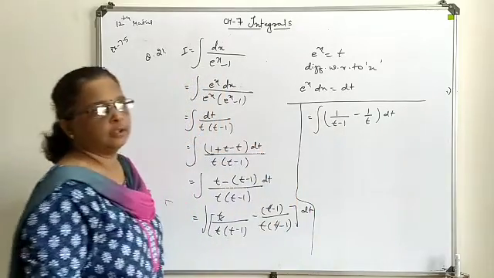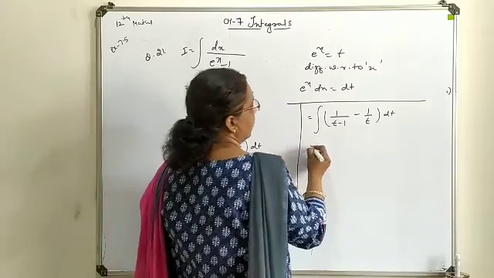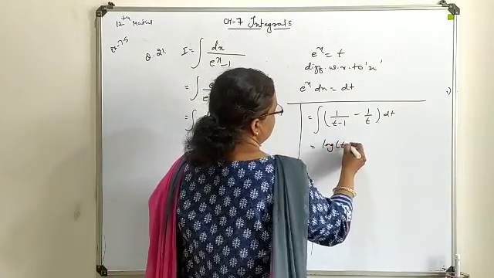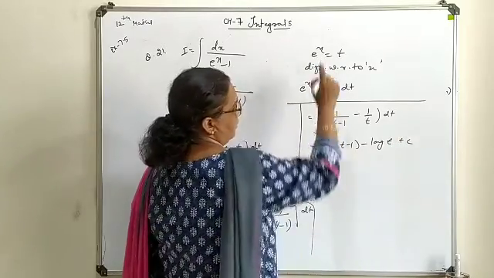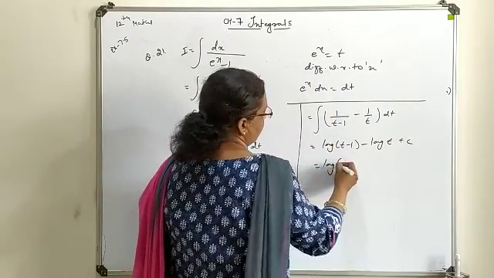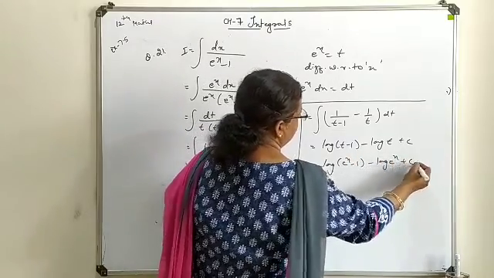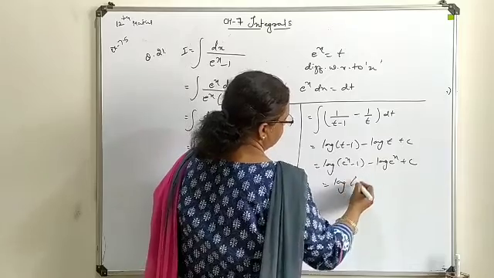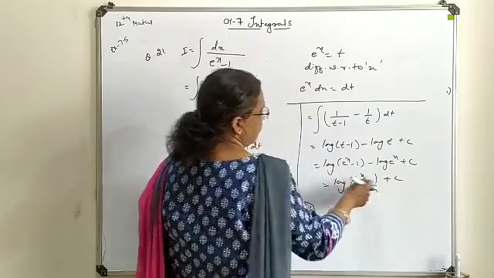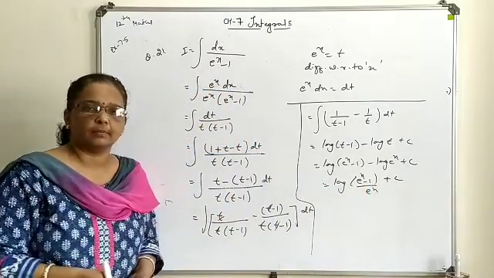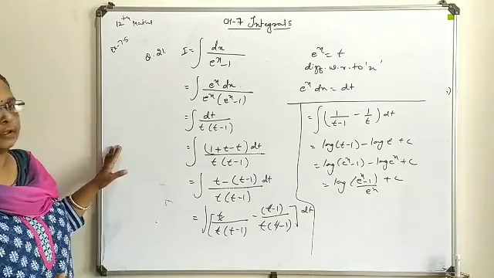Now you can see both terms are available for direct integration. So proceed with the integration: that is log of t minus 1 minus log of t. This t you will replace by e power x, so log of e power x minus 1 minus log of e power x plus c. Make them divide, so this way your answer will come out in the shortest form. This can be separated out also, and a shorter form you can write as per the combination. So this is another category you can handle.